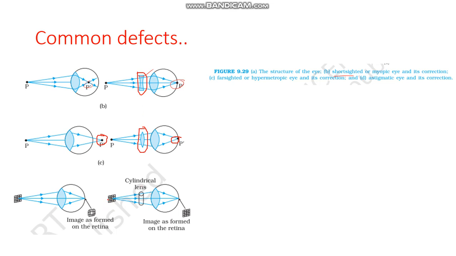There is a third type. It is called astigmatism. Okay, astigmatic eye. It is written over here. Astigmatic eye means this cornea curvature is there like this. There is a vertical plane. Sometimes what happens is the curvature differs in the vertical plane or in the horizontal plane. This is the horizontal plane. This is the vertical plane.